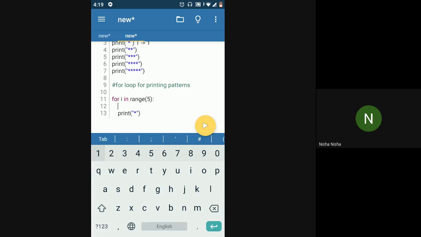So now I will create another loop inside of this. Actually, you can eliminate this internal for loop also. You can just directly use star multiplied by I plus 1.